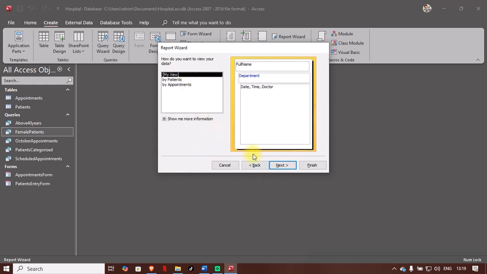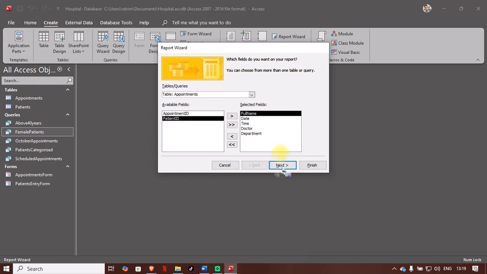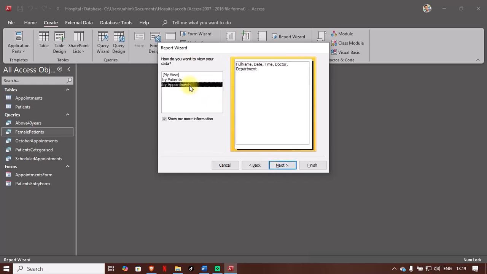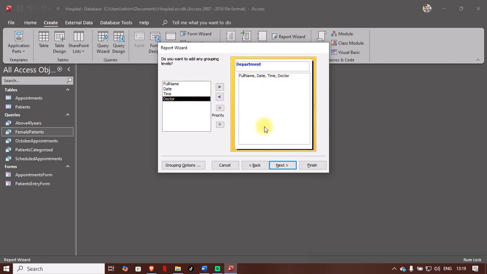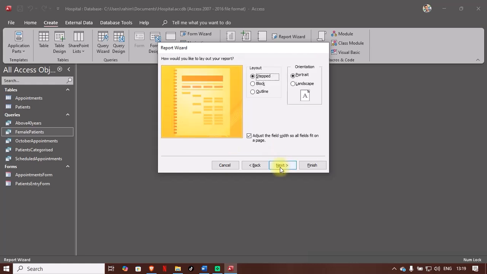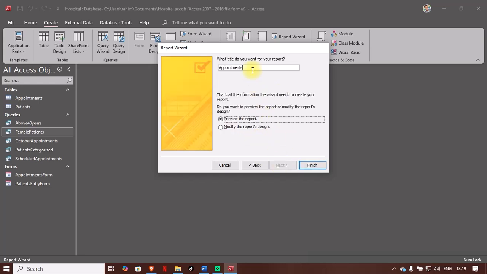Okay, let me go back. I've seen something. Next, then I'm going to choose appointments. Next, under grouping, I'm going to choose department. Yeah, like that. And next, let me choose landscape orientation. Next, let me just say grouped by department, and click preview, finish,